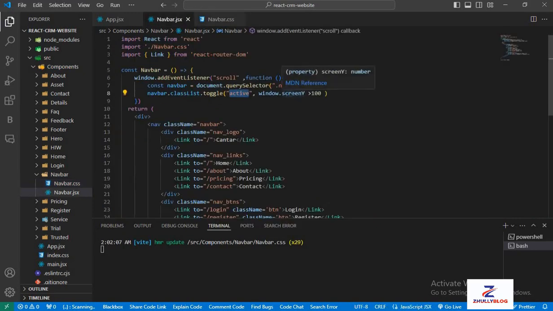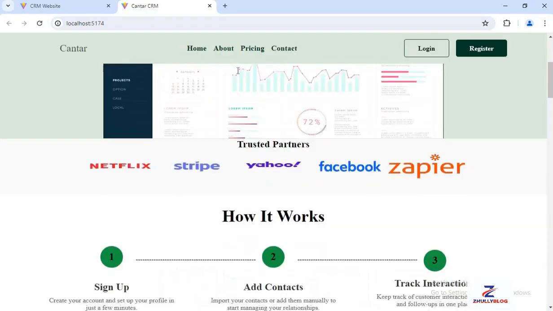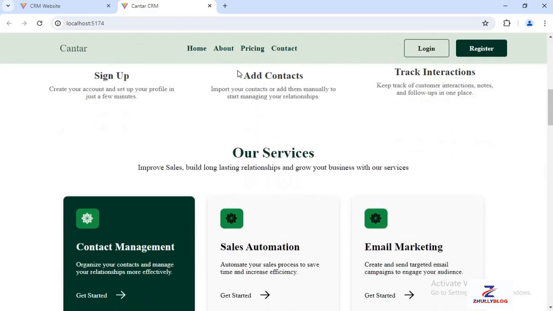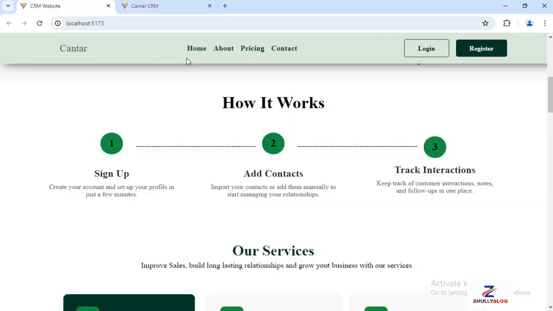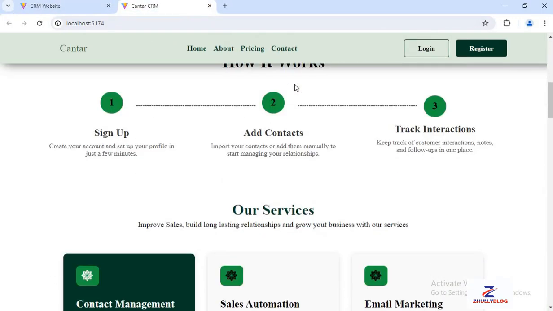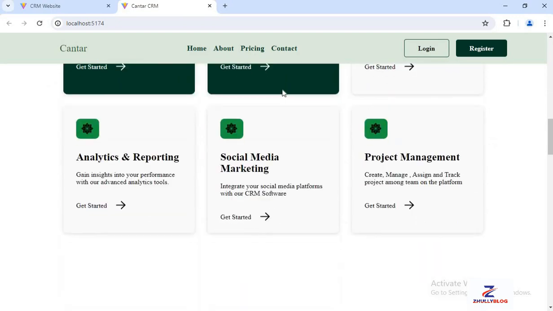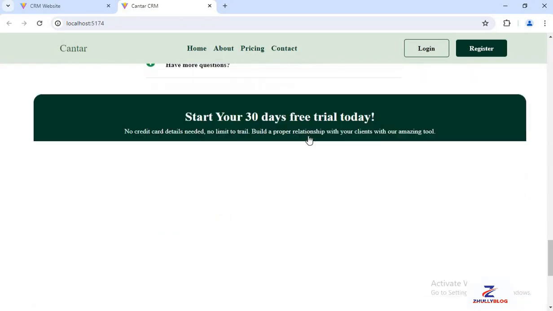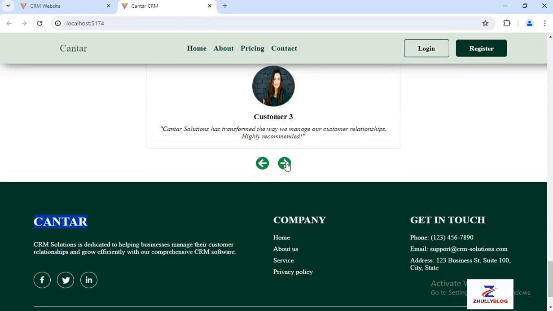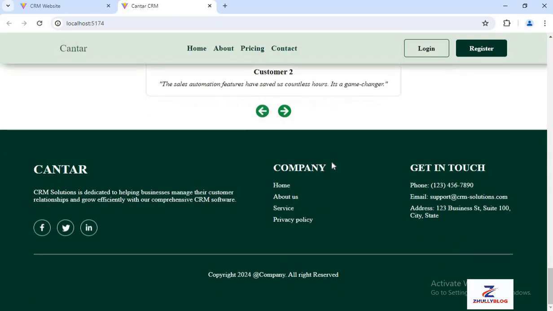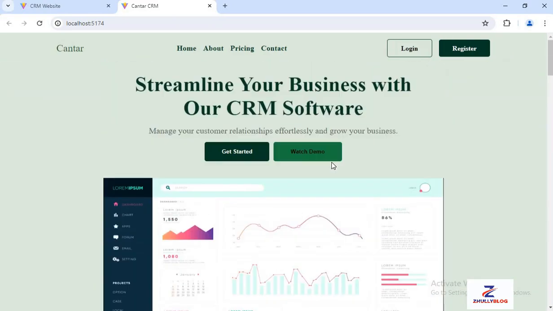I'm also going to add a little transition to this. This is supposed to be scroll, not screen. So if we're scrolling on the y-axis, that means if we're scrolling down and it's greater than 100 pixels, the active toggle method will be added to it. So this is basically the simple website we're trying to build. So this is it. The next thing we want to do now